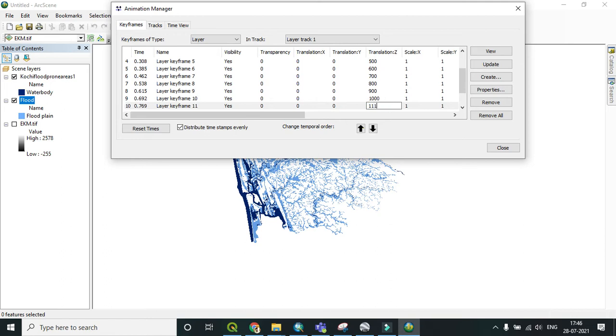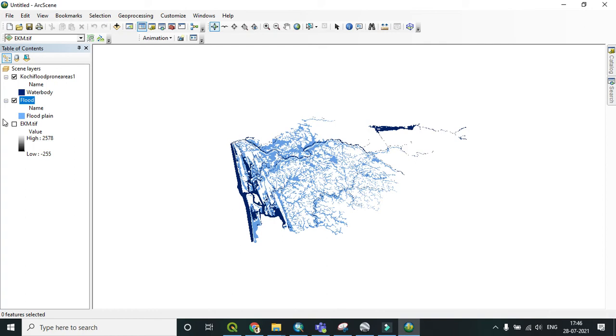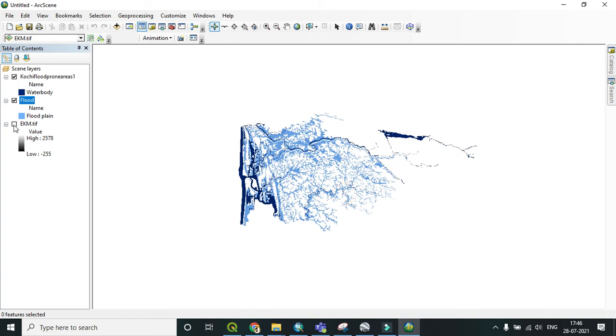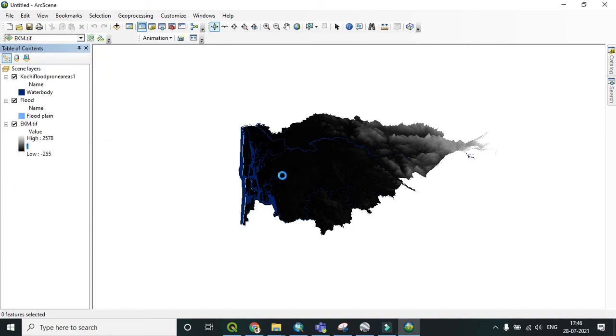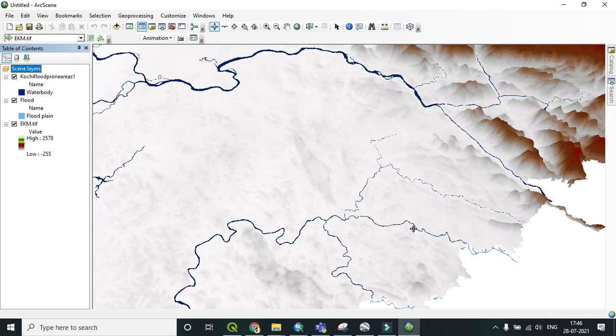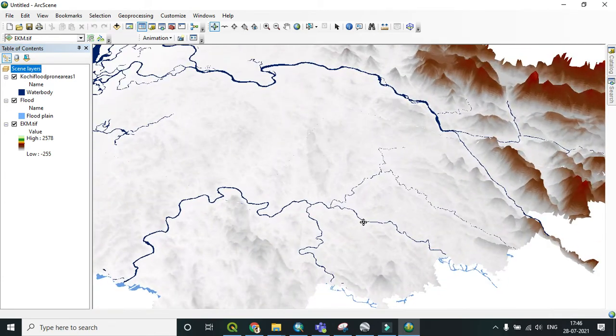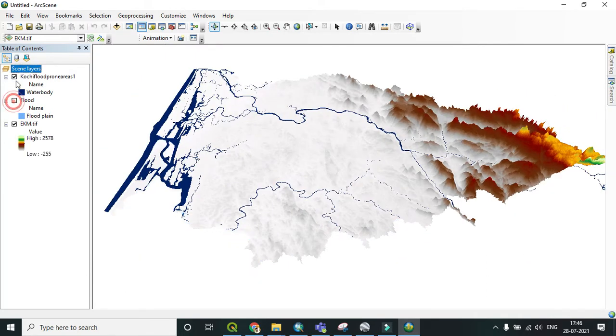1000. Okay, update. Just close it. Turn on. I think this is not a better color. I need to change to a better color. Then click on invert. At that time the color will totally change and it looks like 3D, you can find. Alright. So now you can find which areas are